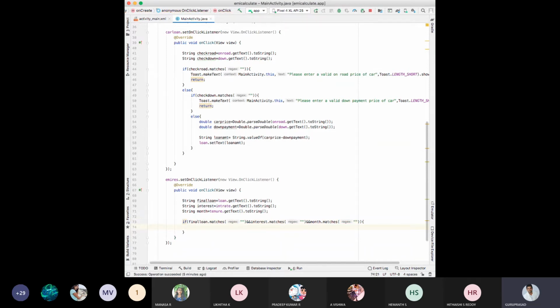If anything is null, then you need to post a message. Toast dot make text, this. Okay, comma, you need to put fields are required.